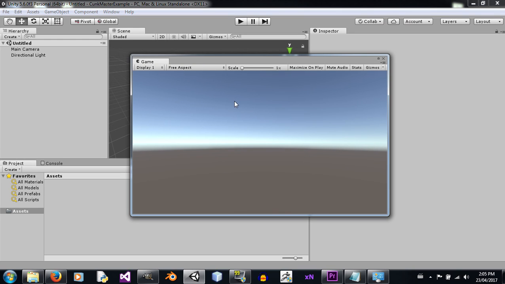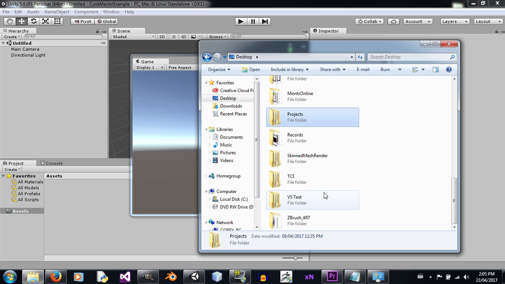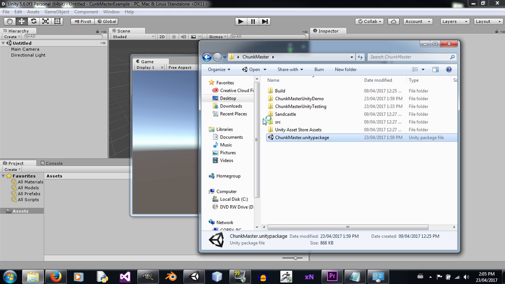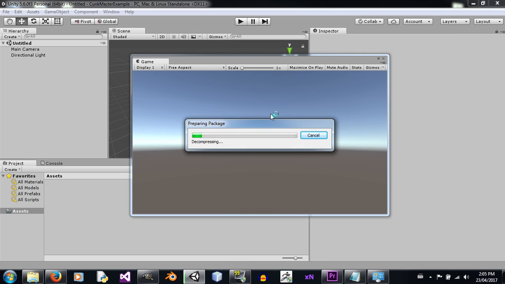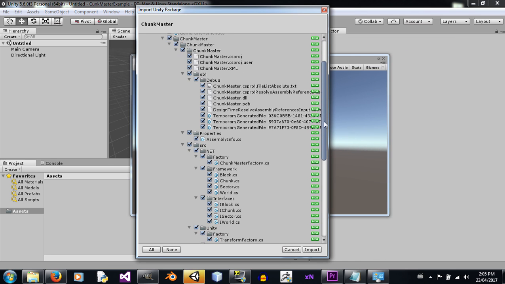My name is Corey and today I'm going to be showing you how to use the ChunkMaster framework. So here I got my new project open, ChunkMaster example, and let's go ahead and import our package. You can find it on the Unity store, download the package and open it up. And I'll show you exactly what you need to use in order to create your own Minecraft or The Sims